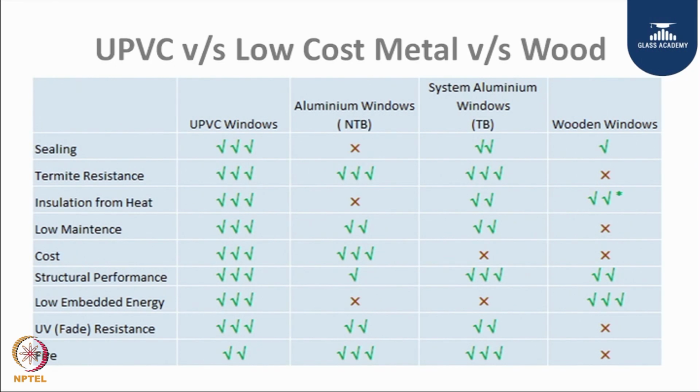In this slide, there are various positives and various negatives for different systems. One needs to choose carefully the framing material which one is going to use. Of course, wood is not predominantly available in the market, and it is a natural resource people like to prevent from being consumed, and therefore the alternative with low embedded energy, if you talk about, one of the biggest alternatives is the UPVC window so far.